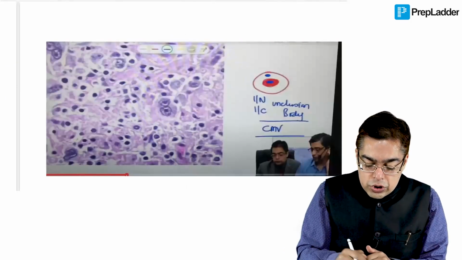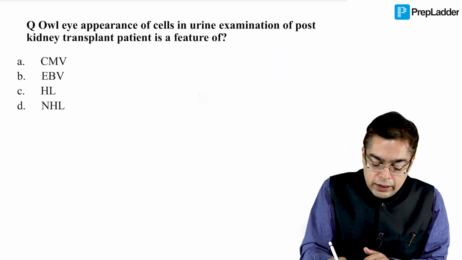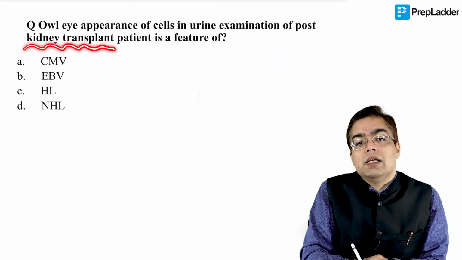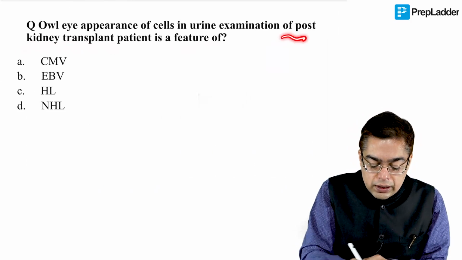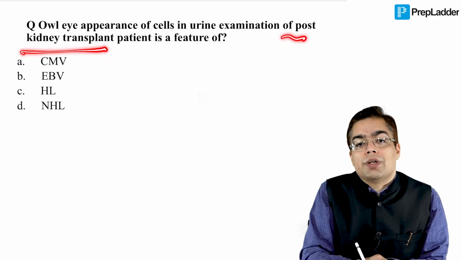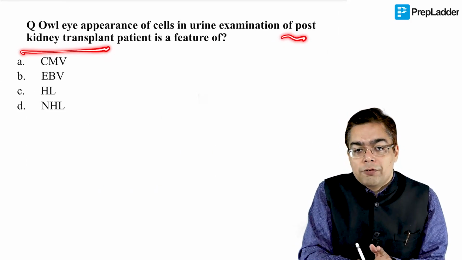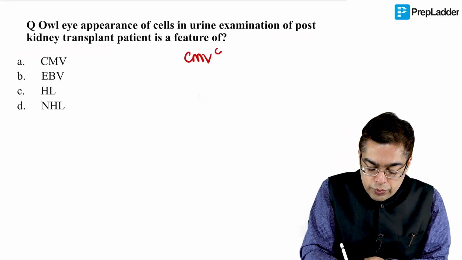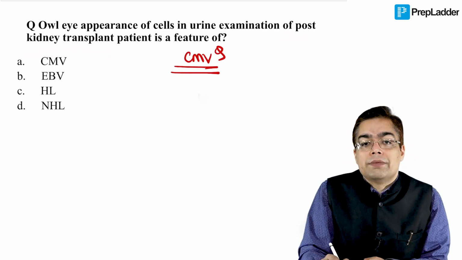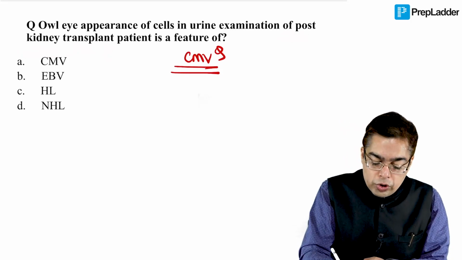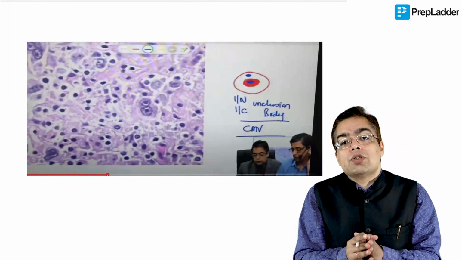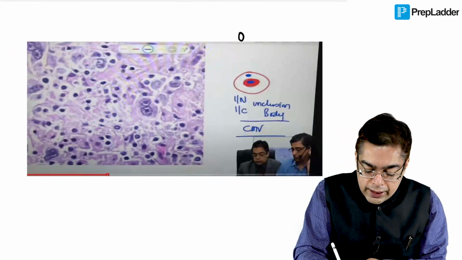But we did make a mention of the fact, as you can remember over here, that if you are going to be given a history of a patient who is going to be having immunosuppression, classically a patient who has undergone something like kidney transplant, then this is going to be associated with secondary opportunistic infection. And one of the important opportunistic infections that we have in these patients happens to be cytomegalovirus. Now, this cytomegalovirus is going to be associated with an important fact that you are going to be having the presence of an owl eye appearance over here as well.